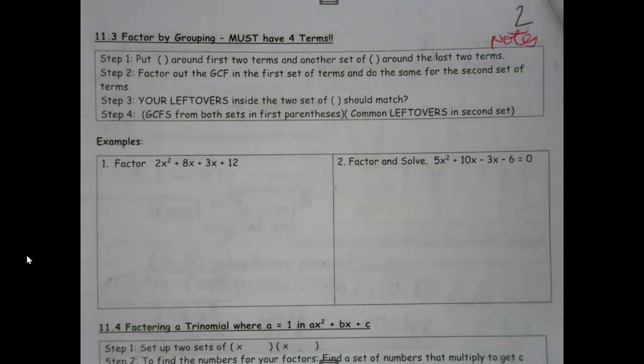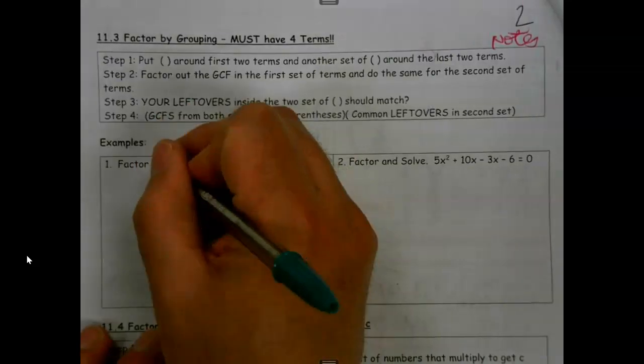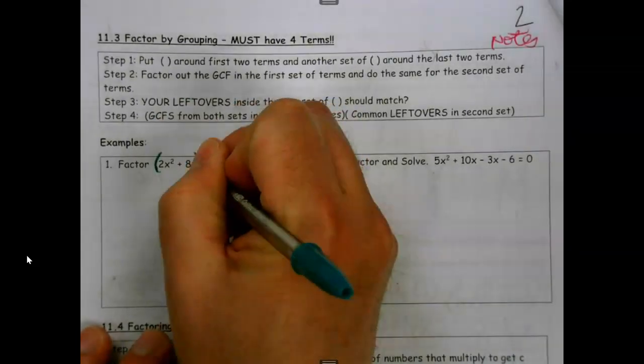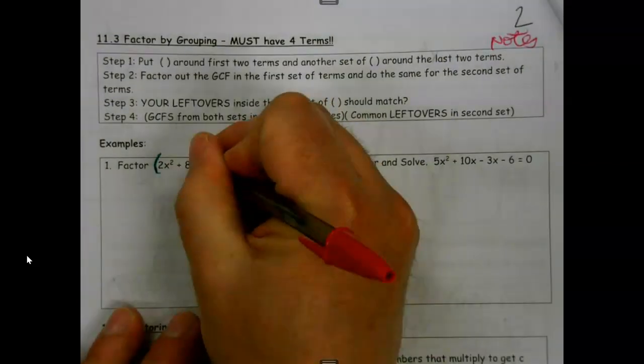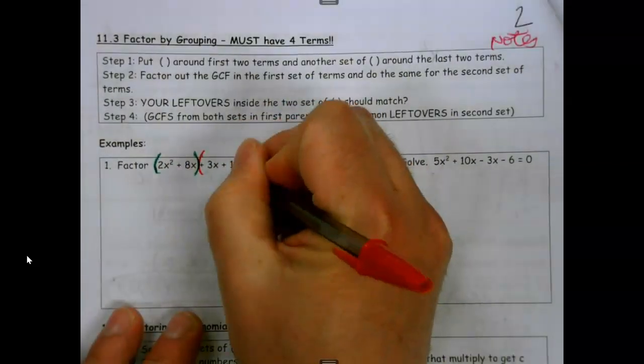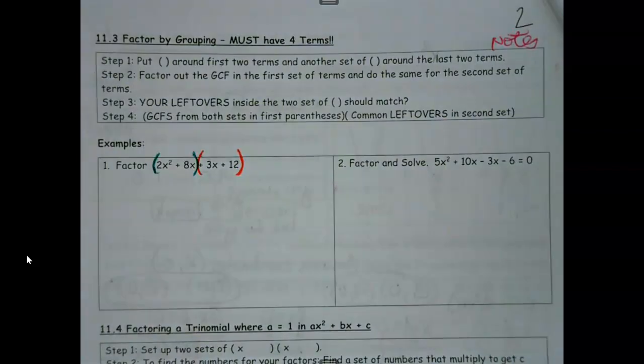We are going to put a set of parentheses around the first 2 terms. And we're going to put another set around the last 2 terms. Does not mean we're multiplying them all of a sudden. I know we think of parentheses as multiplying, but we're just going to put those around. And so what we're going to do once we've done that is we're going to work these out a pair